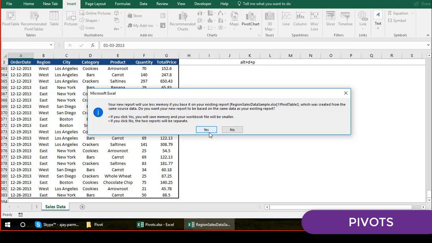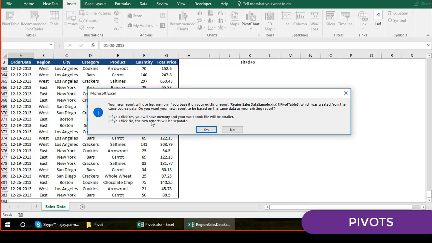So the pivot says that if you're already using the same data for different pivots, and this pivot also requires the same data, I will keep the source data in memory just once, not every time. This way your file will be smaller.